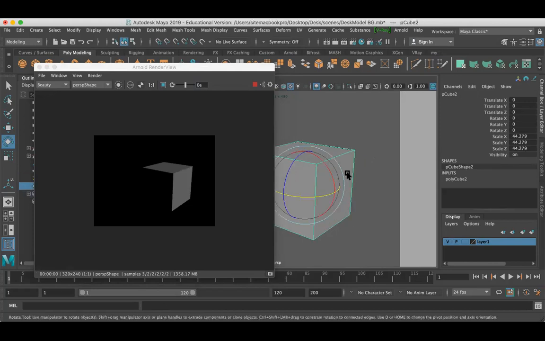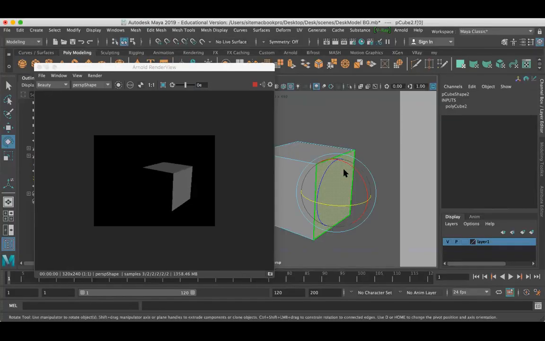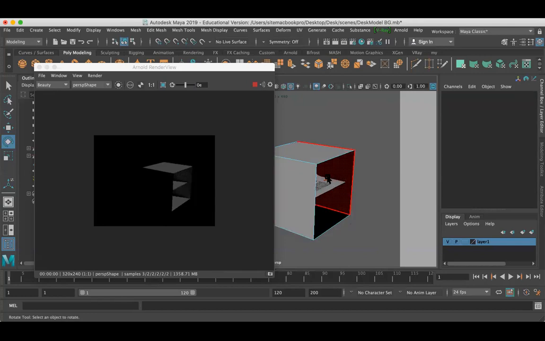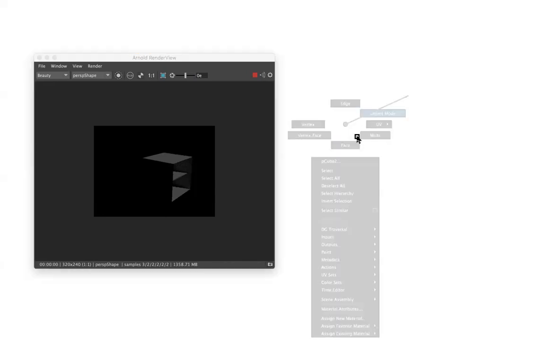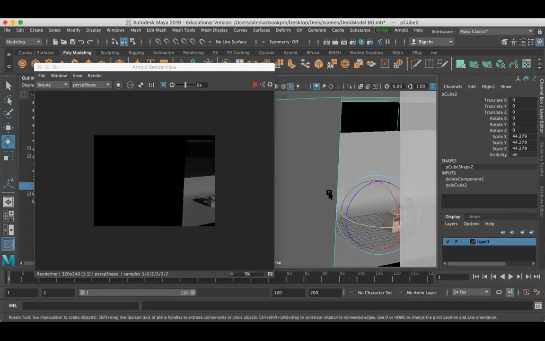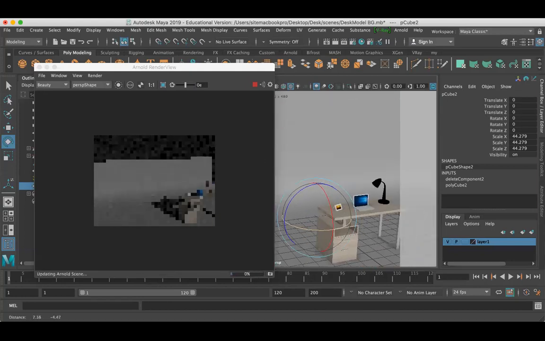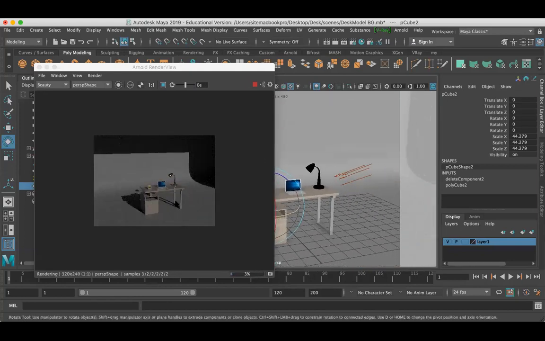What if I delete the wall? If I delete the wall and I go inside the box, you can see your scene. So this is the concept. Don't ask me how to delete the box; these are all modeling parts. You will be learning the modeling part, and I will keep the model ready for you. Everything is textured, everything created, everything done. You just have to do the lighting part.